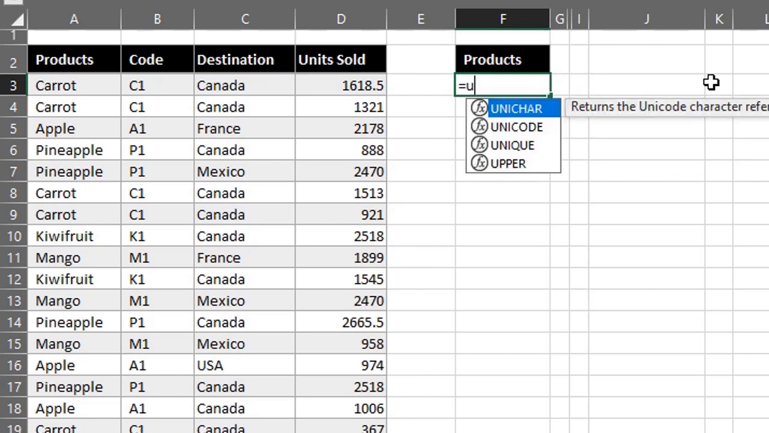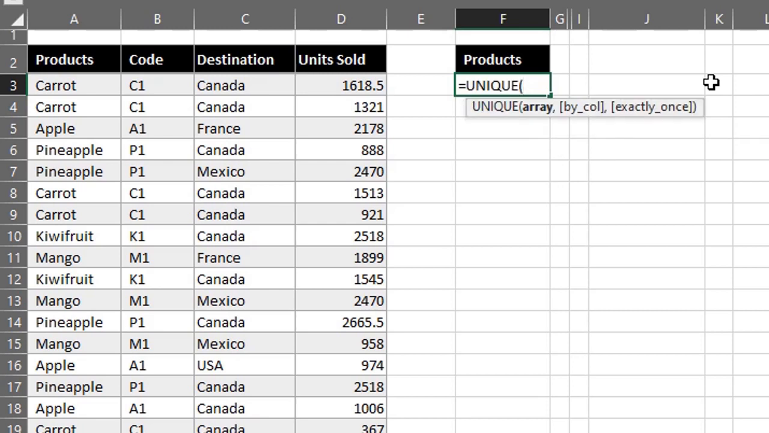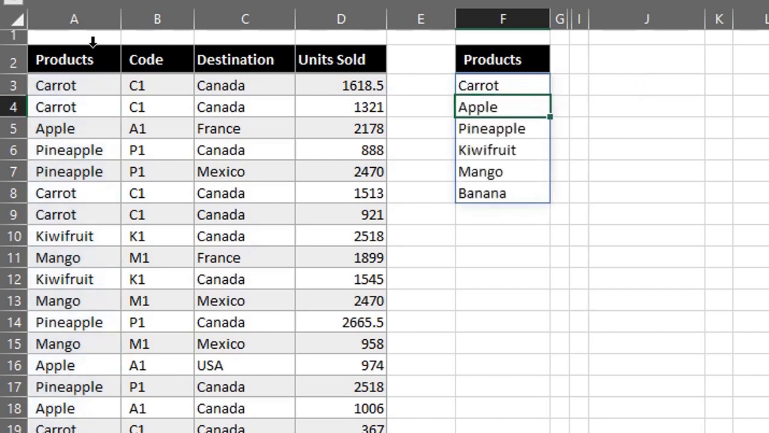So type unique. Array is the range to extract the unique items, and that's product. When you see the black arrow, click to select the product column. Close the bracket. The unique function is a dynamic array formula, therefore the result will spill to other cells. Press enter. Now we have a list of unique items and the blue border around it shows you the spill